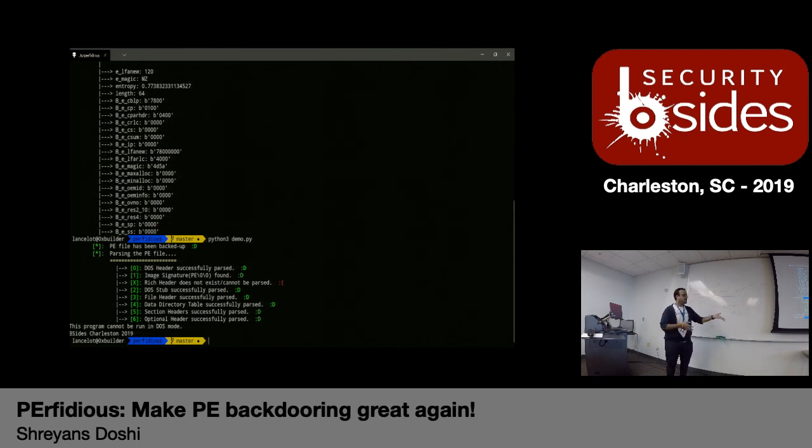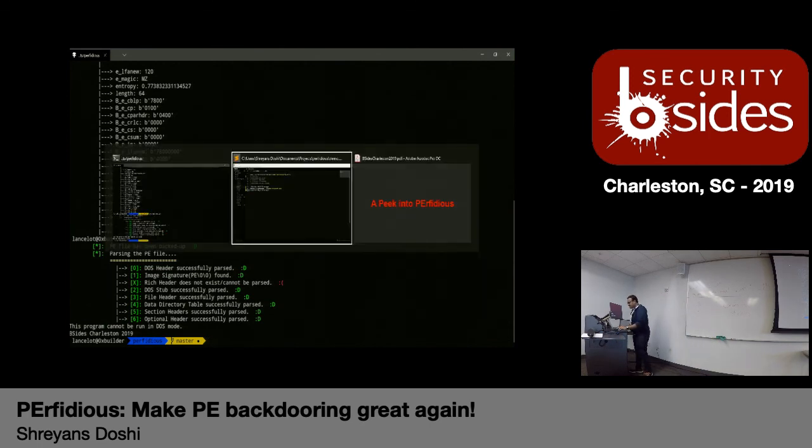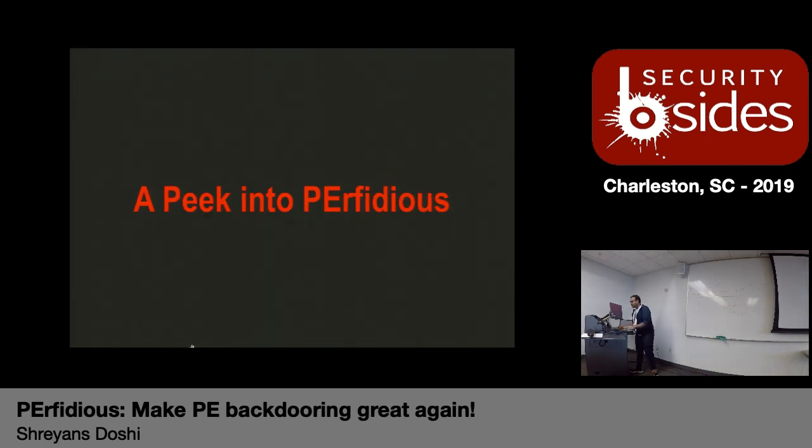So this is my intermediate goal for January, February 2020, that I should be able to do this for each and every data structure that is present inside the PE file. Say I wanted to change an address to a particular function inside the import table. I should be able to do that using just the equal to sign. So this gives me accessibility to every data structure that is present inside the PE file.